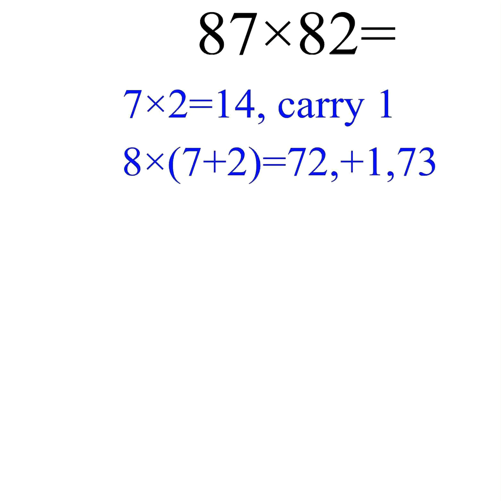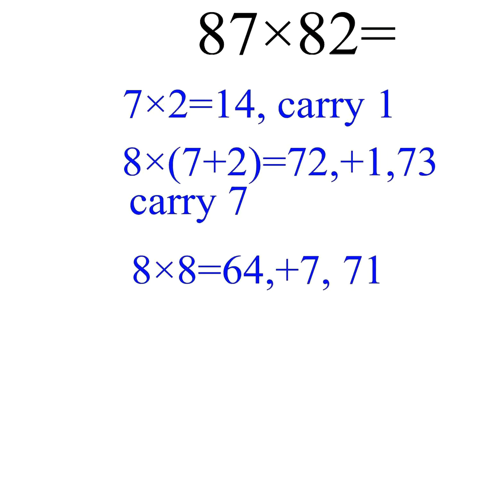And again we carry 7, the tens place of 73, and we multiply 8 into itself. 8 is our common digit, so that would be 64, and we add the 7 we carried in the previous step,